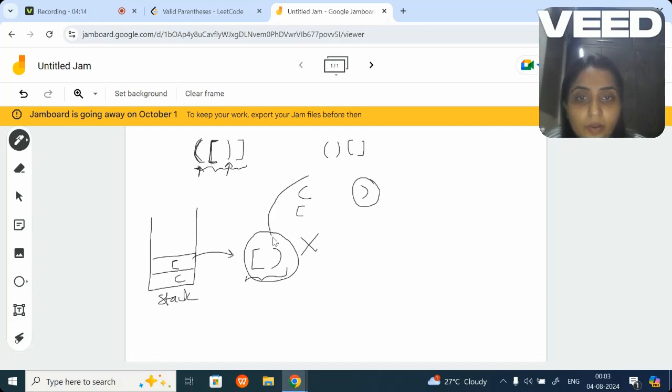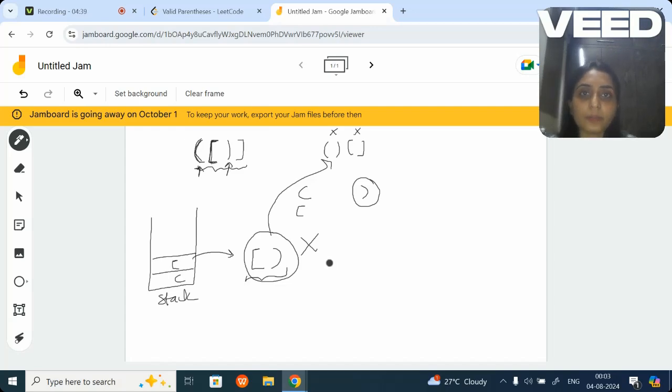They are not even matching to this, not even matching to the second one. So when they are not the matching one, you will simply return false, you will not even look at the other elements, because even if you get one unmatched set of characters, it is not a valid parenthesis.